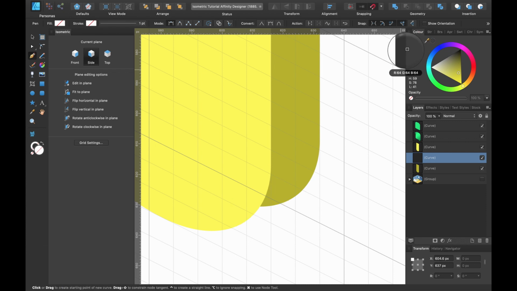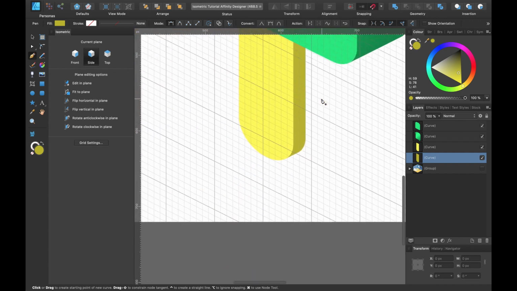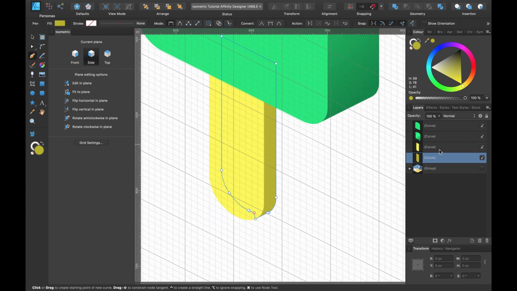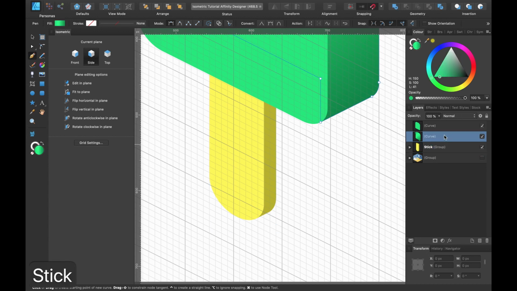And I'll grab the dripper tool, select that. So I'll add these two shapes together again. In the layers panel, I'll just select this one, hold down Shift, select that one, and head up to geometry tools, add, and now that's done. And I will group them because I like being tidy in my layers panel. I'll press Command G to group, and we'll call that the stick.